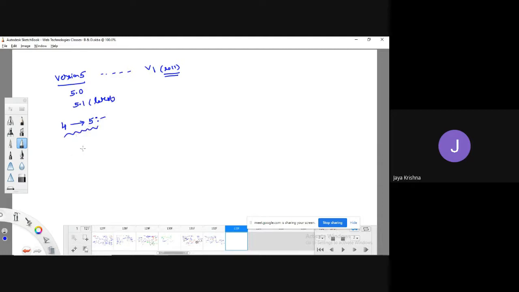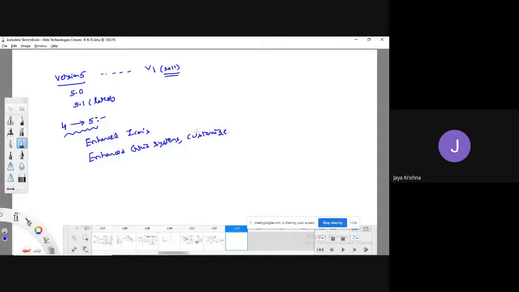One is that the icons you had in version 4 are all enhanced, which we call enhanced icons, which yield more look and feel. And we have enhanced grid systems, which are easy to customize.